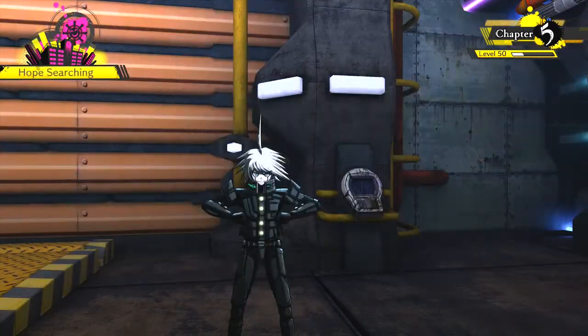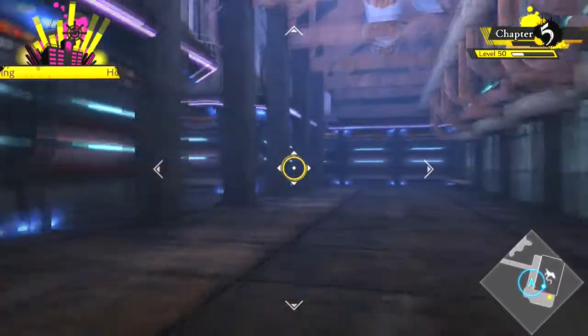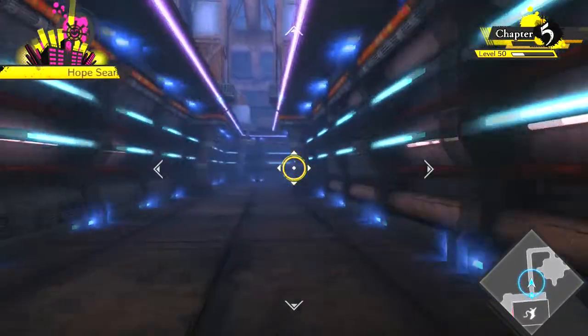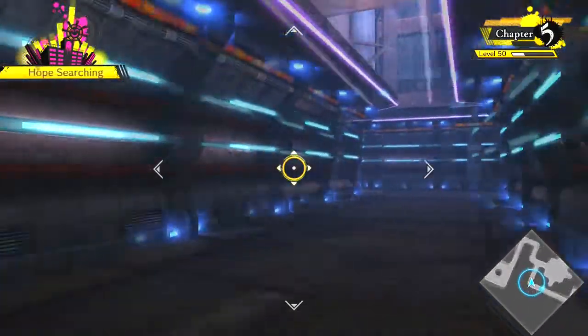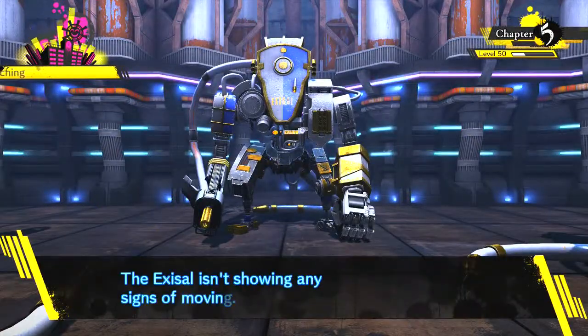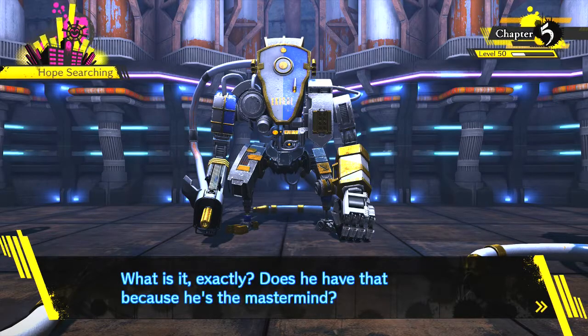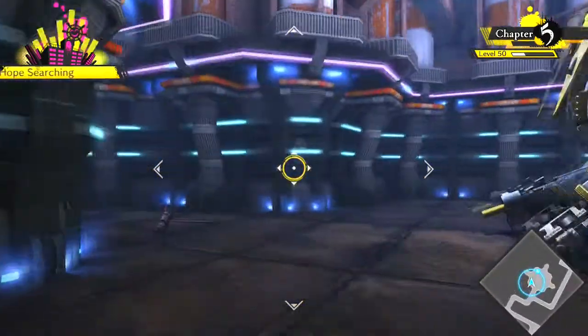Keep us account about seeing Himiko. Next up, let's go and have a wander. I'm thinking in the square up by... anything going on by here. Does he have that because he's the mastermind? But the red one said that as well, so...